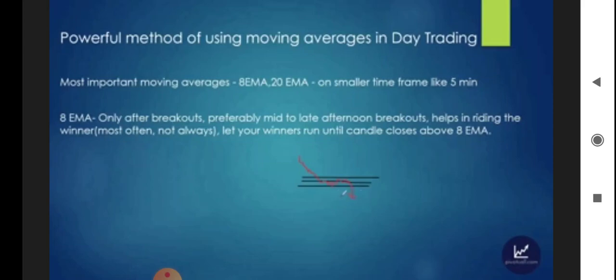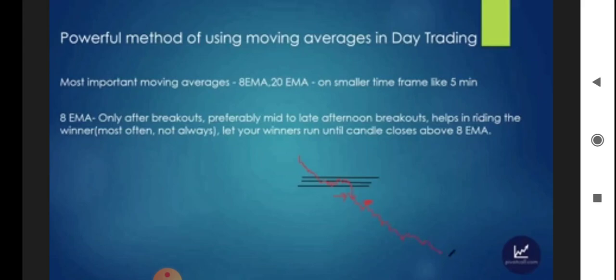Many times what happens, we go and short here, right? And once the market goes in our direction, we get excited. But once we see it is coming up, we panic, thinking that I should book my profit immediately. Otherwise, whatever small profit I'm making will also go. So most of the time we go and book our profit here, only to see the market go down,